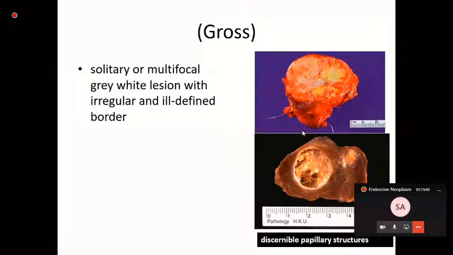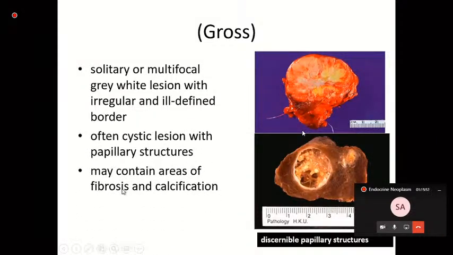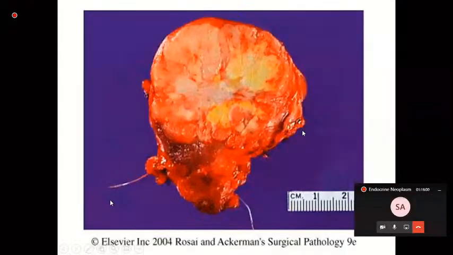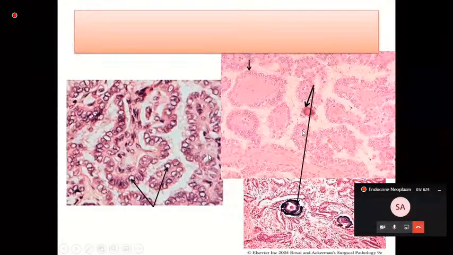Okay. So this is in papillary carcinoma. We said it is often cystic with papillary structure. It may contain areas of fibrosis or calcification. Look at here. There are two forms of papillary carcinoma. Either we cannot see cysts, just the solid area with irregular surface. See here, there is no capsule in the papillary carcinoma, just the solid area with irregular border,